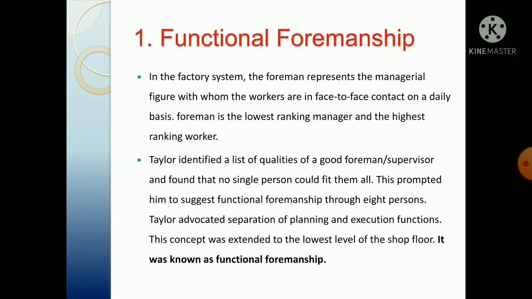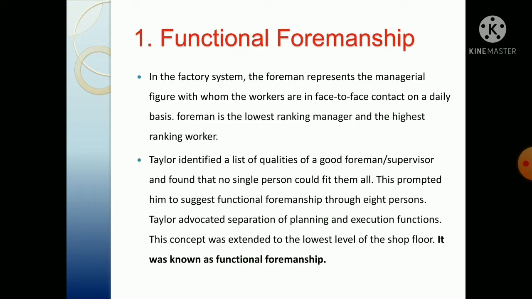Taylor identified a list of qualities of a good supervisor or foreman, and found that one of the biggest drawbacks was that no single person could fit all the qualities he found. For that reason,